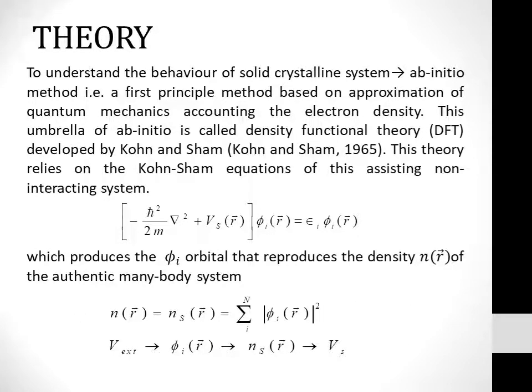Now I will give the theory on which our calculation is based. The first principles calculation is based on density functional theory, which was developed by Kohn and Sham. Density functional theory is a computational quantum mechanical modeling method used in physics, chemistry, and material sciences to investigate the electronic structure or nuclear structure, principally the ground state, of many body systems, in particular atoms, molecules, and the condensed phases. We all know the Schrodinger equation is only practically applicable for a one body system, so density functional theory has to be implemented for studying many body systems.